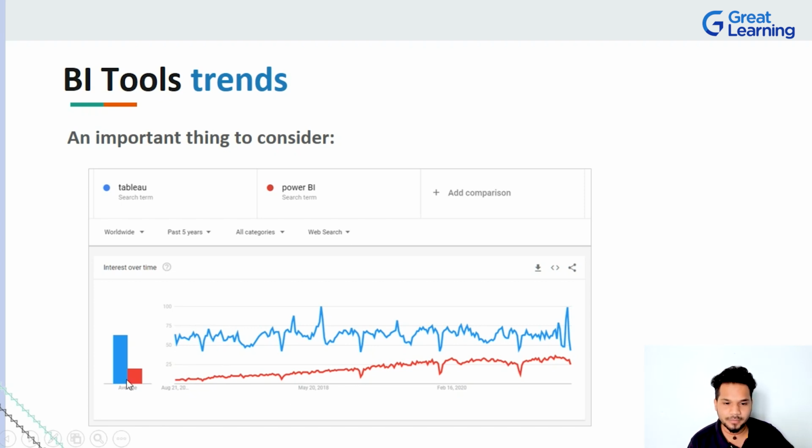The red color is Power BI, the blue color is Tableau. Now, when you take a look at Power BI, you can see that the graph is on a steady rise. There will come a point in the next couple of months or years where both Tableau and Power BI are going to meet, and in my opinion, that paradigm shift is what will probably give Power BI the edge over Tableau,